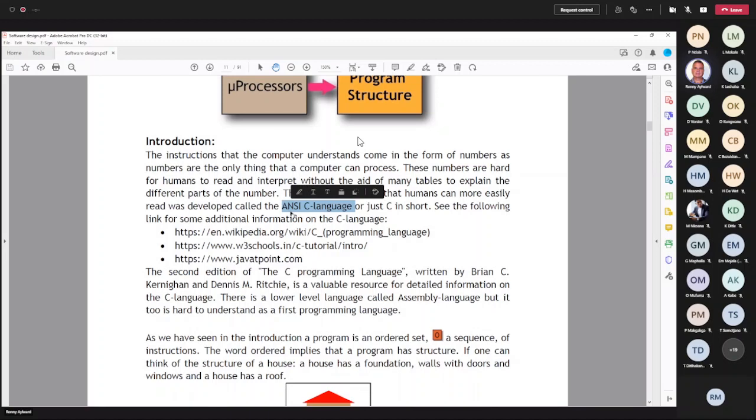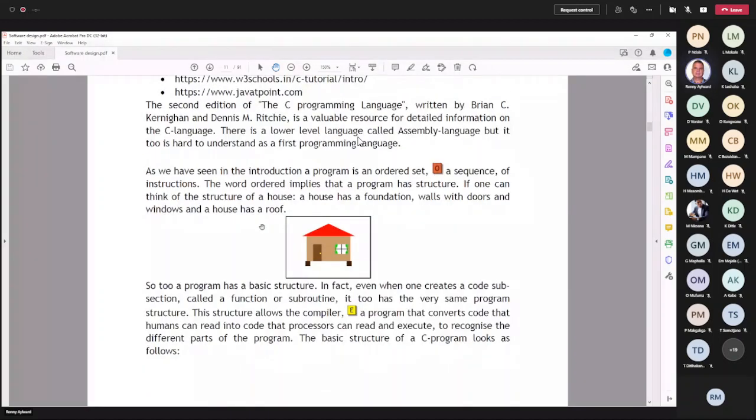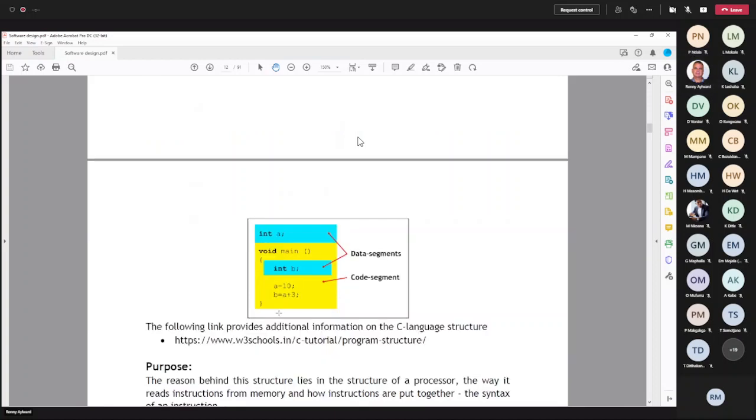Okay, so just like with a house that has a foundation and a structure where there's walls and a door and windows and a roof, and this is a house. Similarly, when we program, there's a structure to everything, and that structure has meaning for the interpreter.